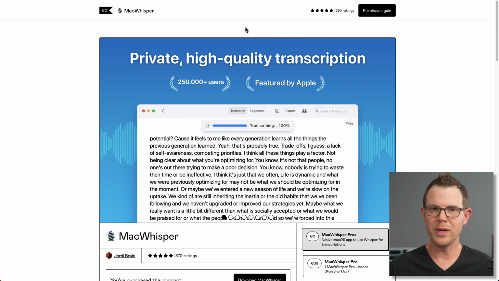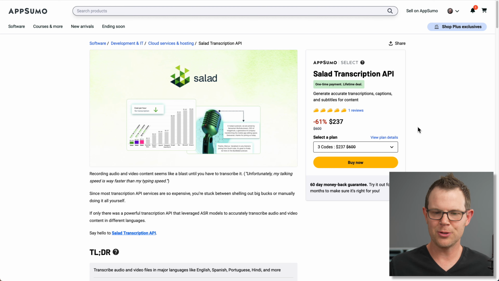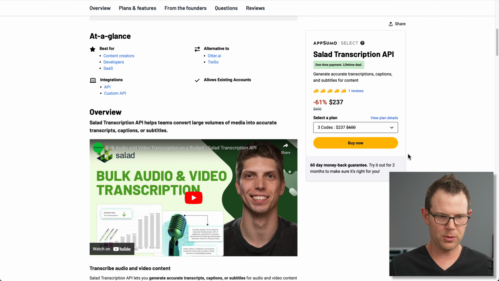For me, I actually use MacWhisper on a daily basis, but I do have the difficulty of, I work with people who use Windows machines, and I would like for them to send me transcriptions from time to time as well. So a solution like Salad Transcription, which is, by the way, if we scroll down here to the details,